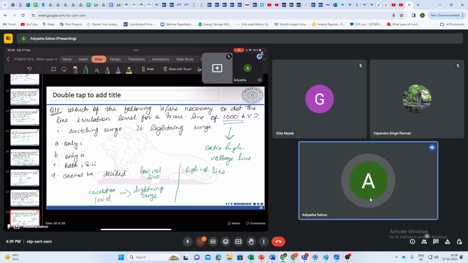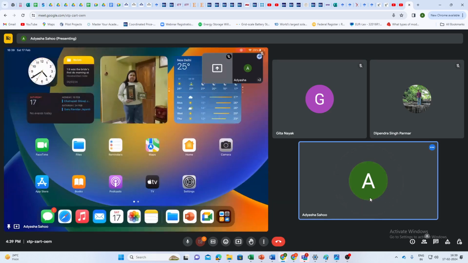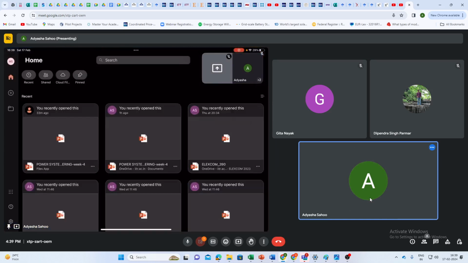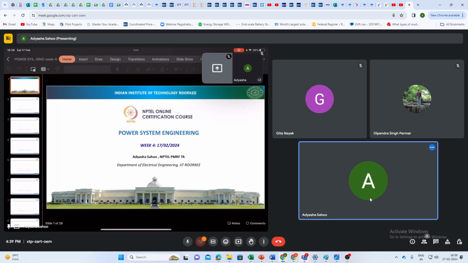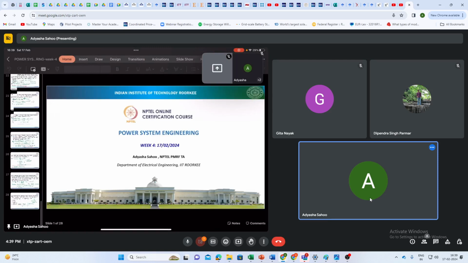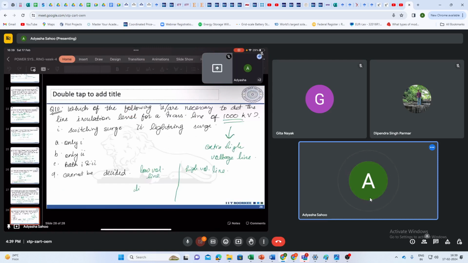However, for high voltage line, the switching surges are even greater. So as I was saying here,